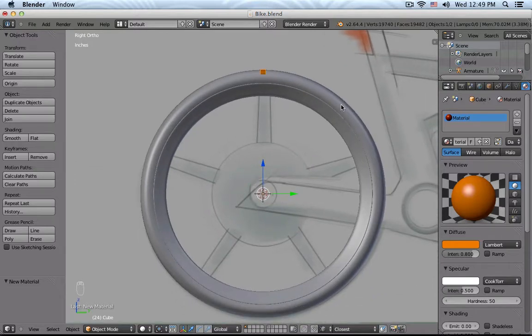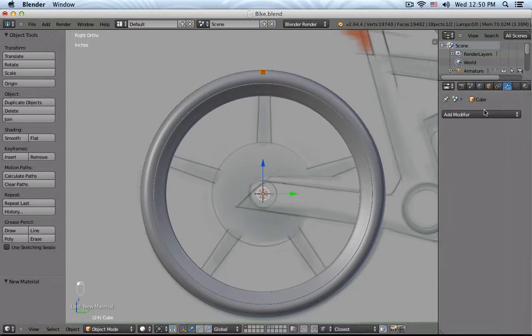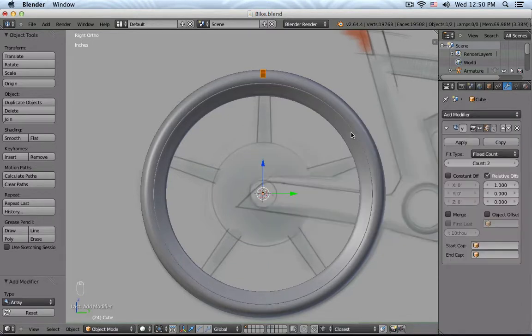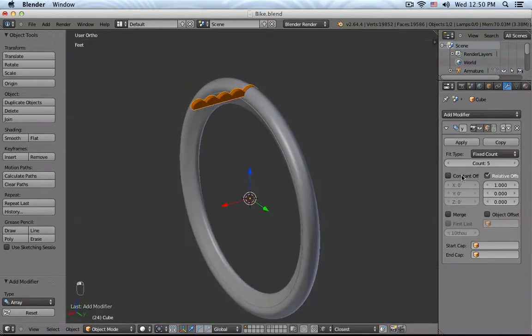And Blender has an array tool, so we can go to the modifiers, add modifier, say array, and then you can have a different offset and different counts. You see that it's duplicating it, and you have an offset along, for example, the x-axis and an offset along